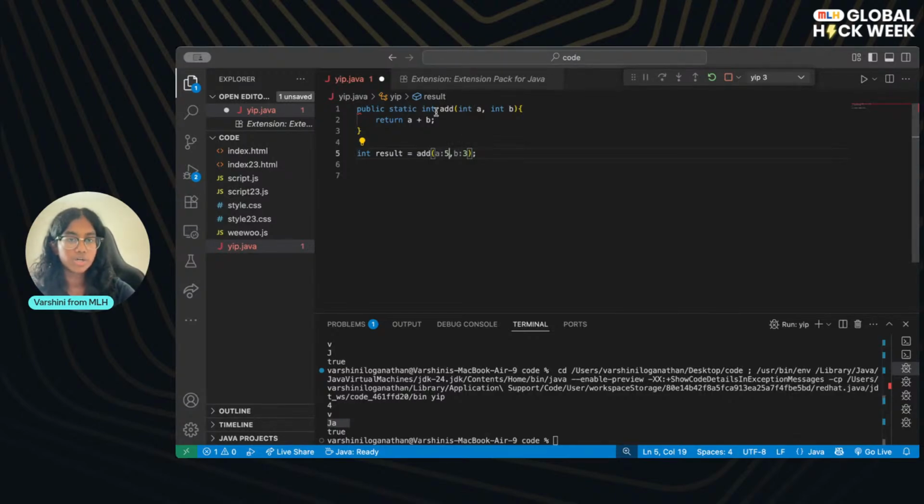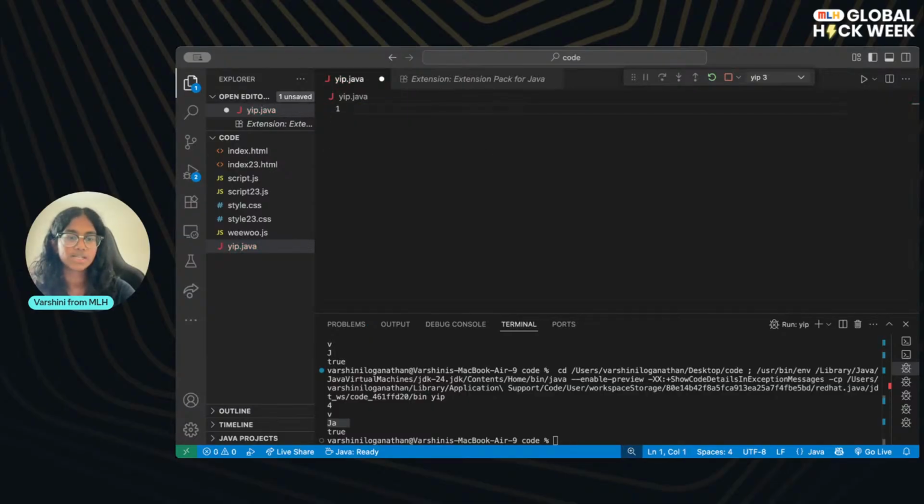So if you don't want it to return anything, you can just do void. So if you just want it to do something but not return something, like maybe update a value, like result equals a plus b, and you're calling it within another function, feel free to do that. So that was another example. And we're going to cover object-oriented programming in our last couple of seconds.